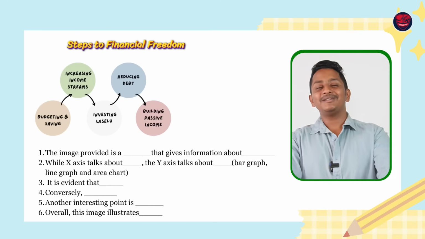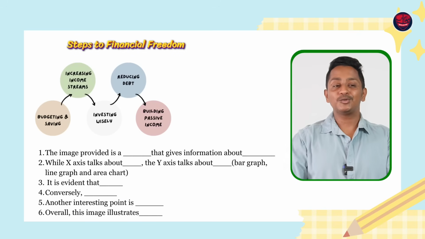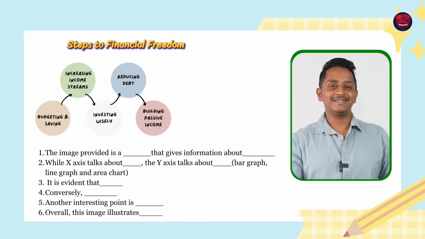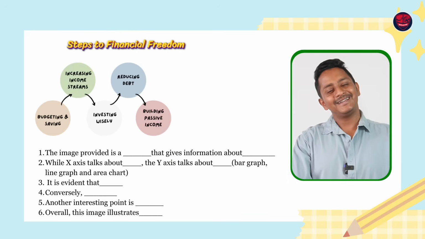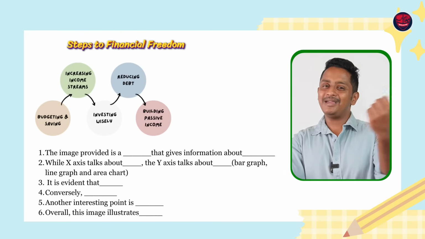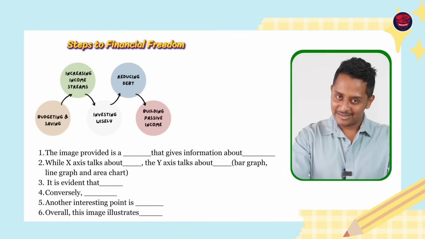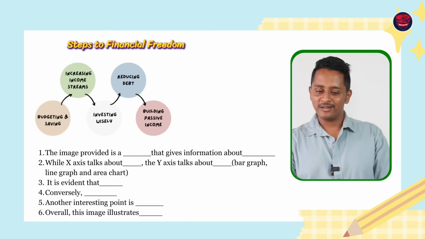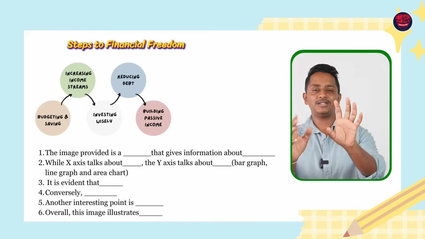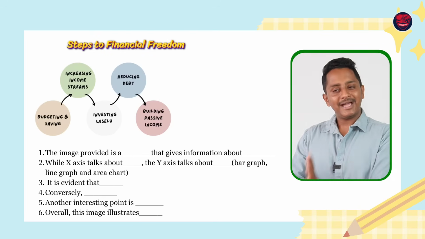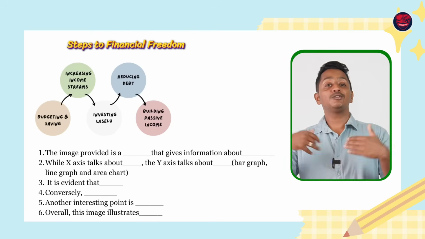Trust me on this. See, I can finish this video in 5 minutes giving you tips and tricks. Do like this, but how to do like this? That is the subtlety involved. That's the solution, isn't it? Hope you're getting it. So how do we speak? "The image provided is a process that gives information about steps to financial freedom. The very first step in the steps to financial freedom is budgeting and saving. And when you budget and save, you will have a lot of money, which acts as a safety measure so that you can think twice.